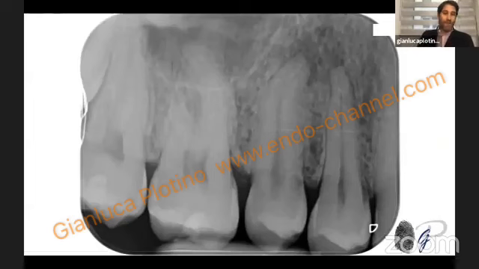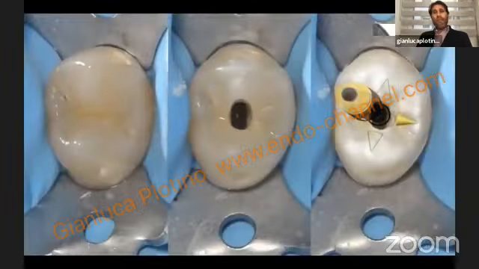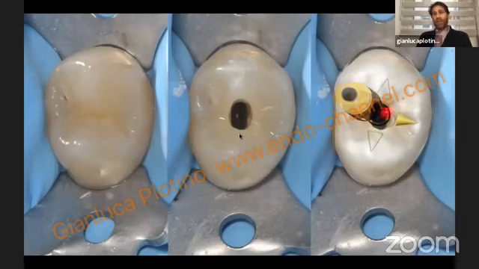For example, in this case, necrotic tooth but sound tooth with a periapical lesion, I had a preoperative CBCT, so I have planned the access cavity on the preoperative CBCT, and this is the superimposition of the plan and the access cavity opened, very precise.